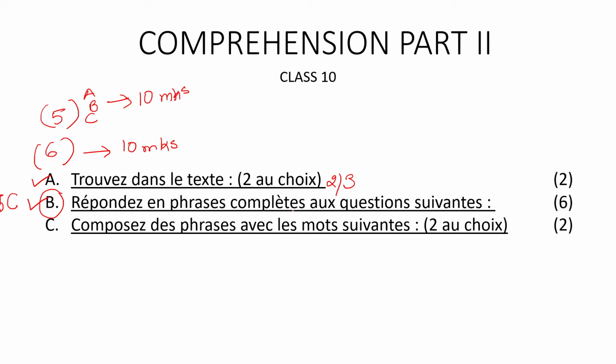Répondez en phrase complète aux questions suivantes. This is to answer the following questions based on the passage. 3 questions for 2 marks each will get you 6 marks. Now, in question 5, A was trouvé dans le texte, C was question answers. B was fill in the blanks, that is not there in question 6, it is replaced with C, which is frame